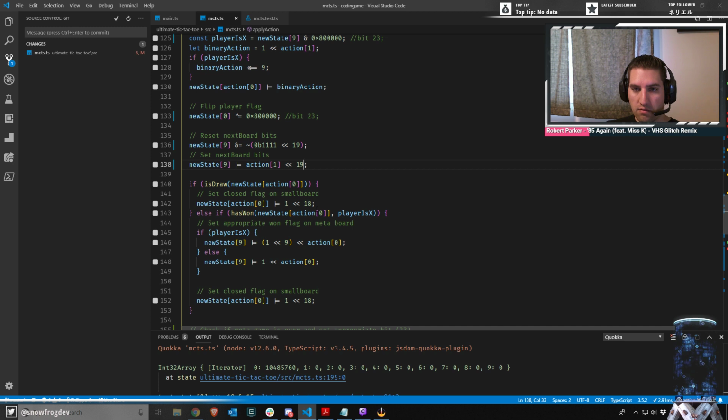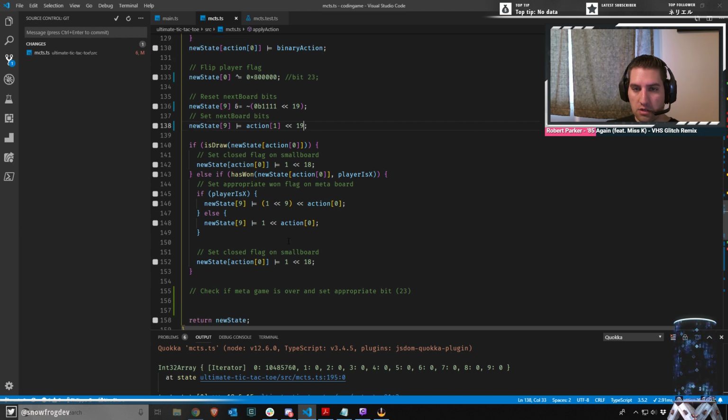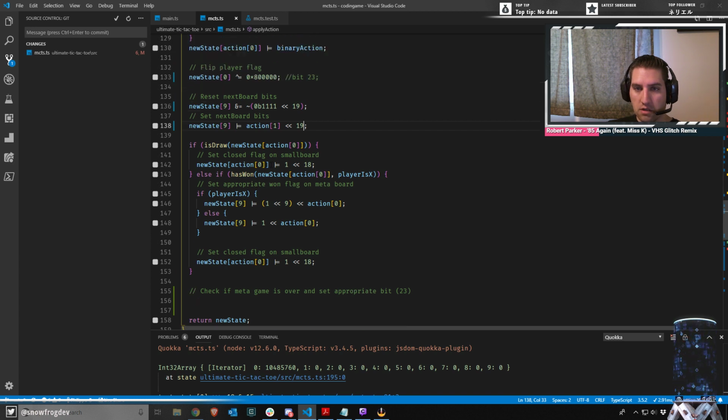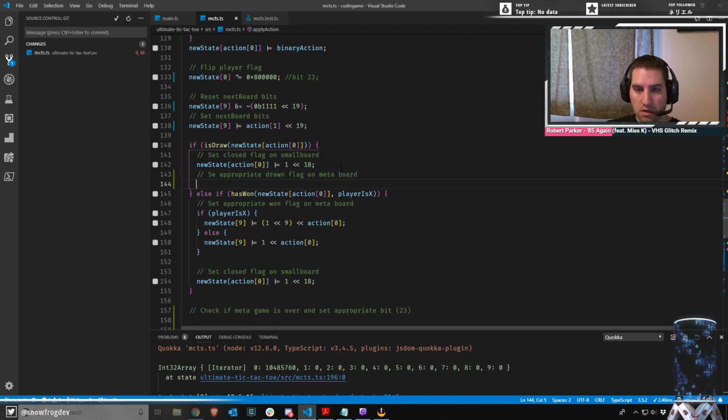Set closed flag on small board. That's fine. That didn't change. Set appropriate one flag on meta board. Okay. That also doesn't change. But if we're drawn, now we need to change that. We also need to set closed flag on small board and set appropriate drawn flag on meta board, which will be,